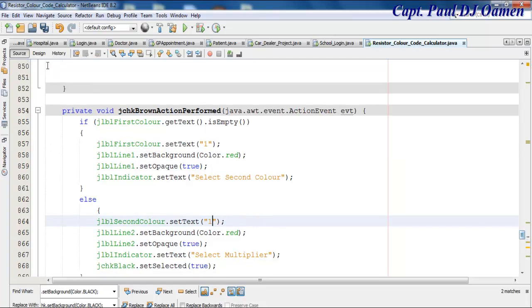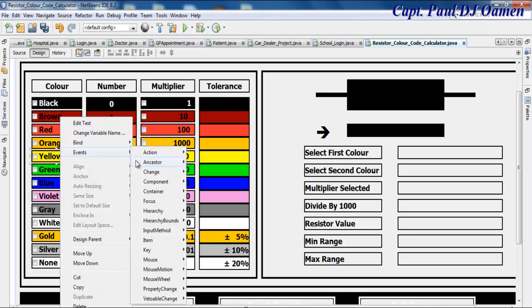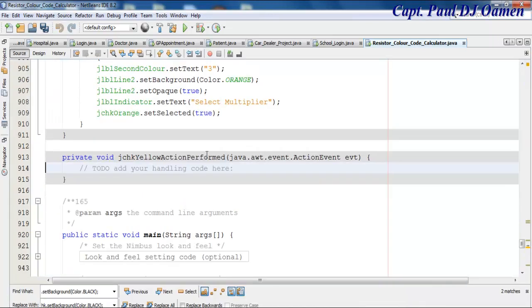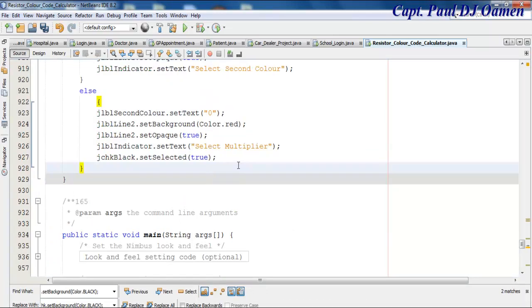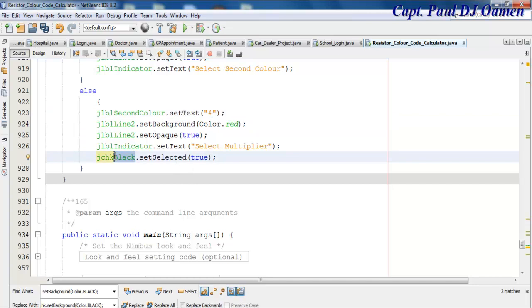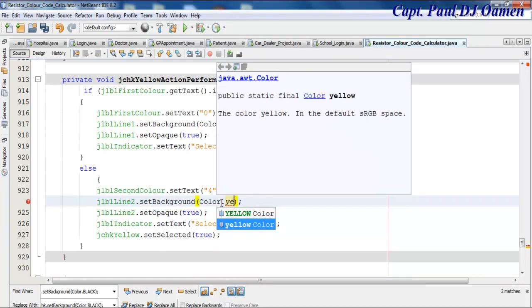Okay, now let's go for the yellow part of it. And yellow is 4. Paste that in there, 4, and change this to yellow. And let's come down here. We need to change the color to yellow as well. Dot yellow color,